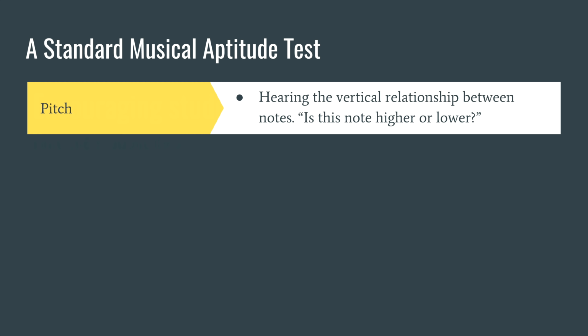So before we get to that, however, let's look at what a standard musical aptitude test actually is. You're almost certainly going to be asked about pitch. This is about hearing the vertical relationships between notes. So the classic one is an examiner might play something like this